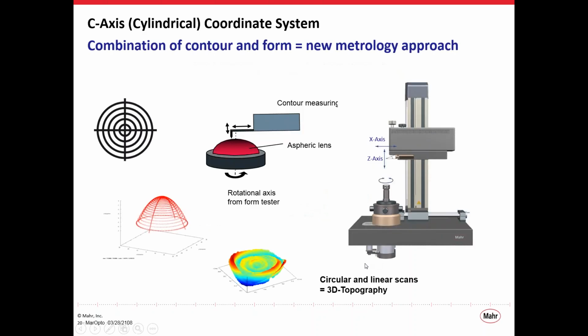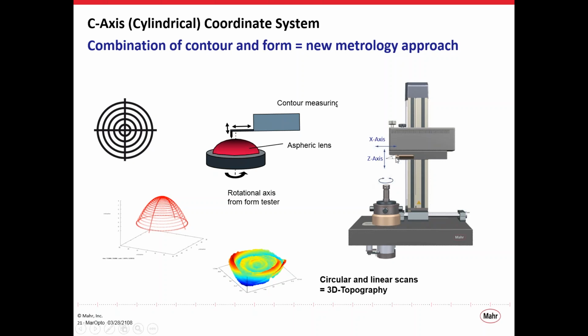But for most of the Mahr instruments, we found it convenient to use a cylindrical coordinate system, or sometimes we call it a C-axis coordinate system. We've traditionally offered a variety of instruments for measuring shafts and cylinders, and we've adapted that technology for measuring aspheric and freeform surfaces. So in this system, the probe